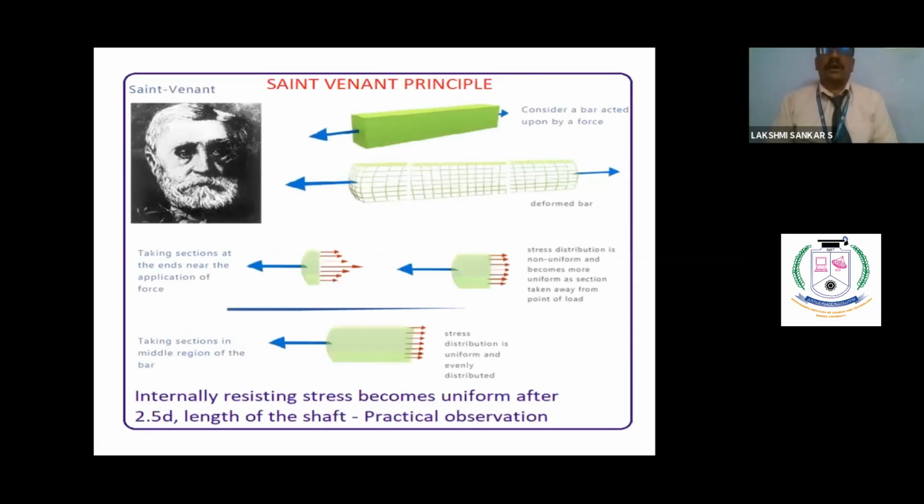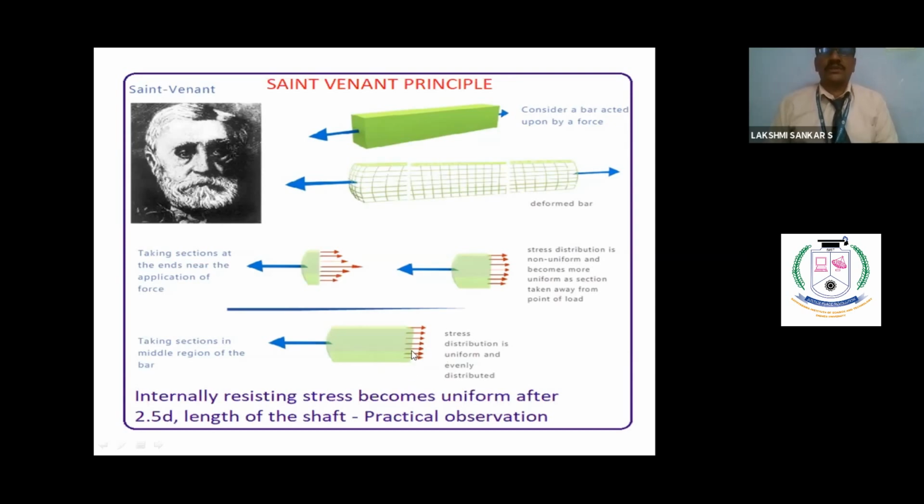Then we come to another important idea called Saint-Venant's principle. Okay. For example, I will explain the case and I'll explain the wording. You see this is a member. It is applied by 2 forces on either side, and because of that it is elongating. Then you see this diagram, the stress distribution is not uniform. Then after some distance, the stress distribution becomes uniform. So at the center, the stress will be more, or to say the force will be more there. But the stress keeps on reducing as a curve. After some time, this becomes uniform. So where the uniformity starts, that is the particular thing.